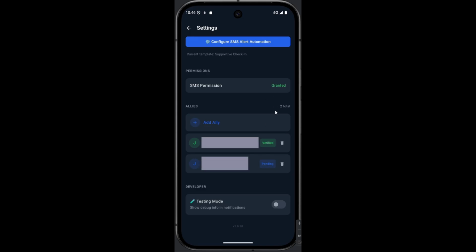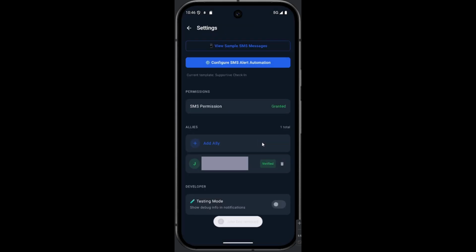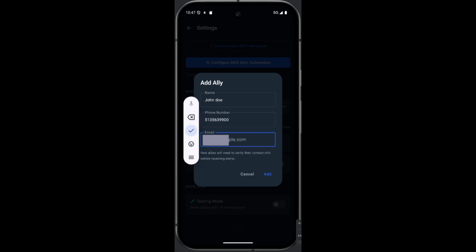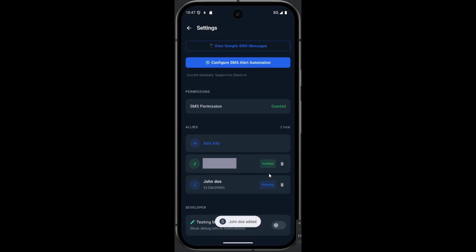So if I want to add an ally, then we'll use this example, but we'll remove this ally, and then we'll add an ally, and we'll add John Doe, and we'll say that his phone number is that, and email is